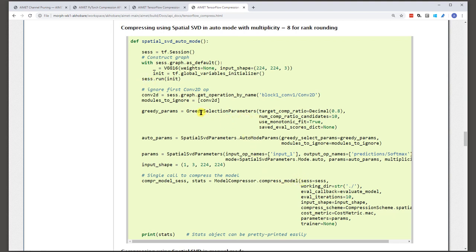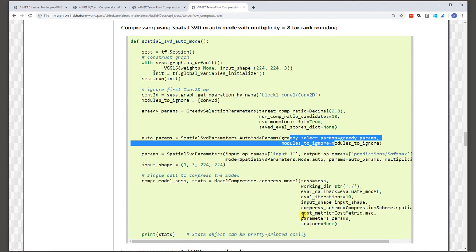If you look at the greedy selection parameters, not too much different. It looks exactly the same: target comp ratio, num comp ratio candidates, monotonic fit, saved eval scores dictionary, and then